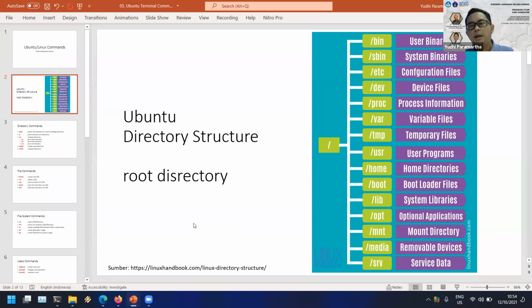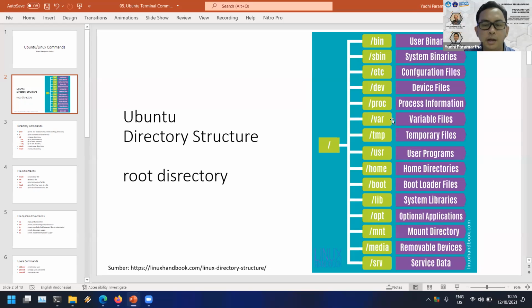The dev directory is for device files, so all of the hardware or devices in your computer will be placed in dev. The proc directory is about process information, for example memory usage, CPU usage and network usage. The var directory is for variable files, because some applications need variable files.